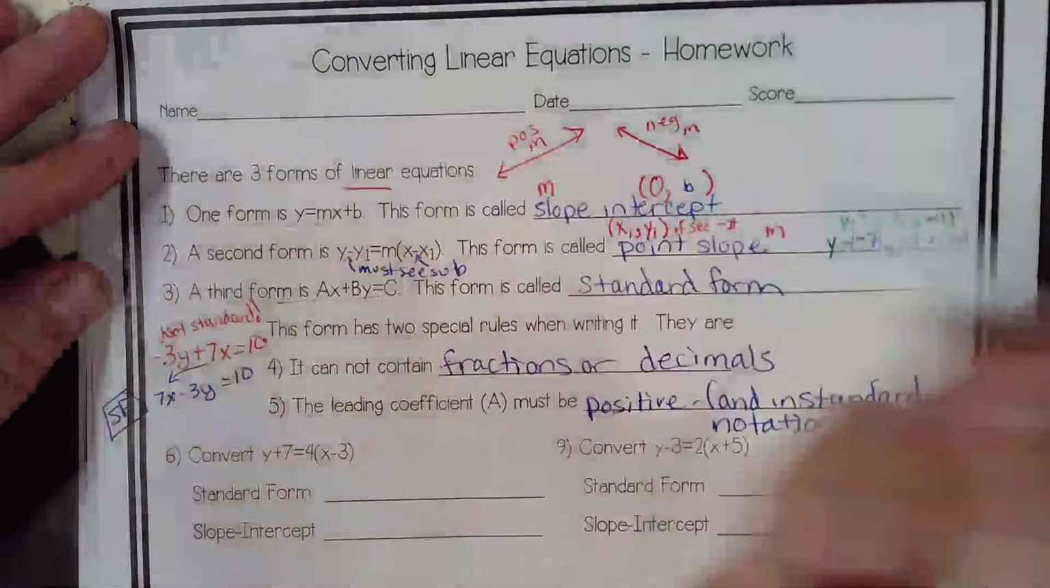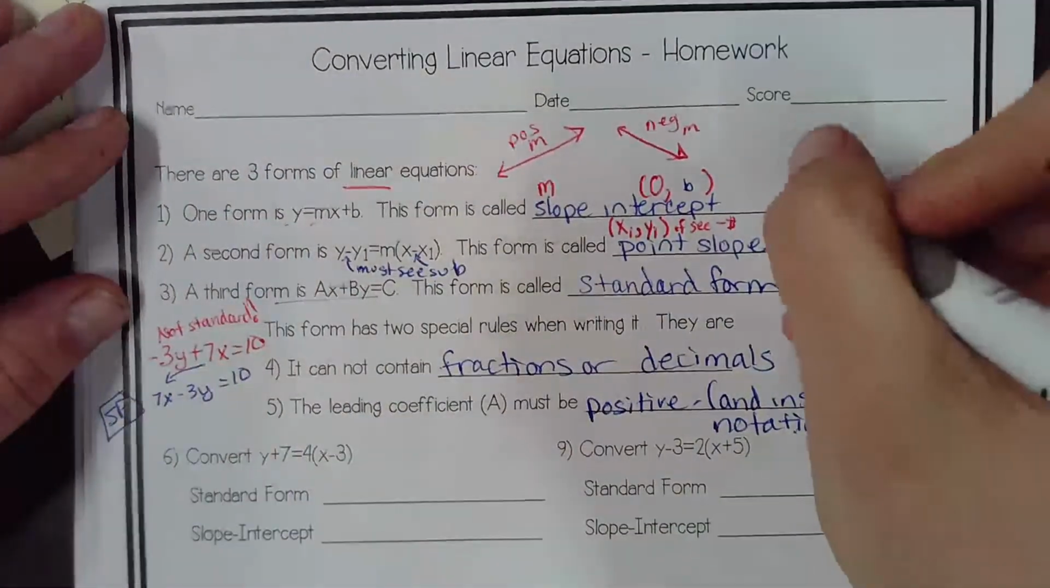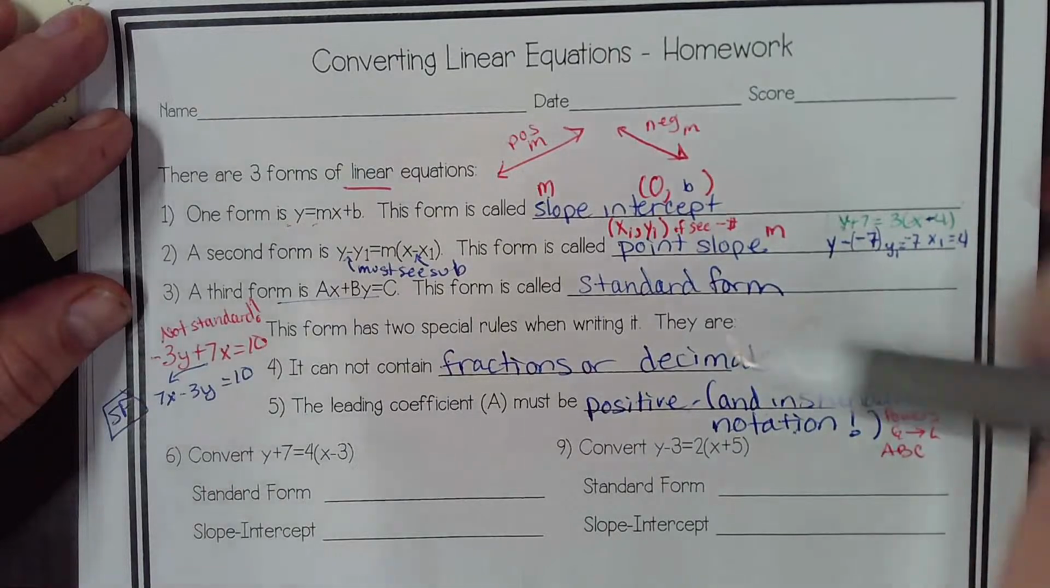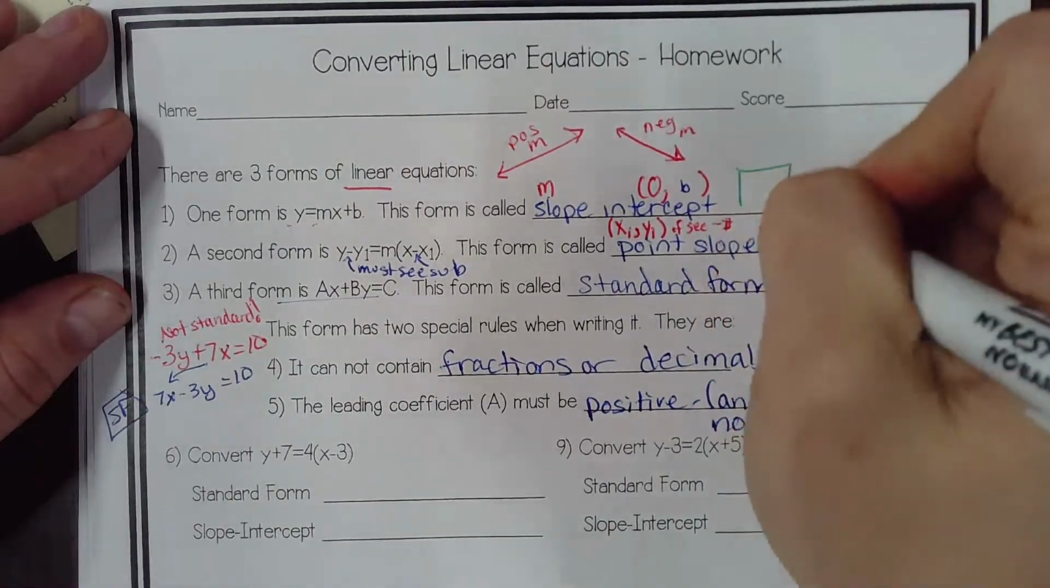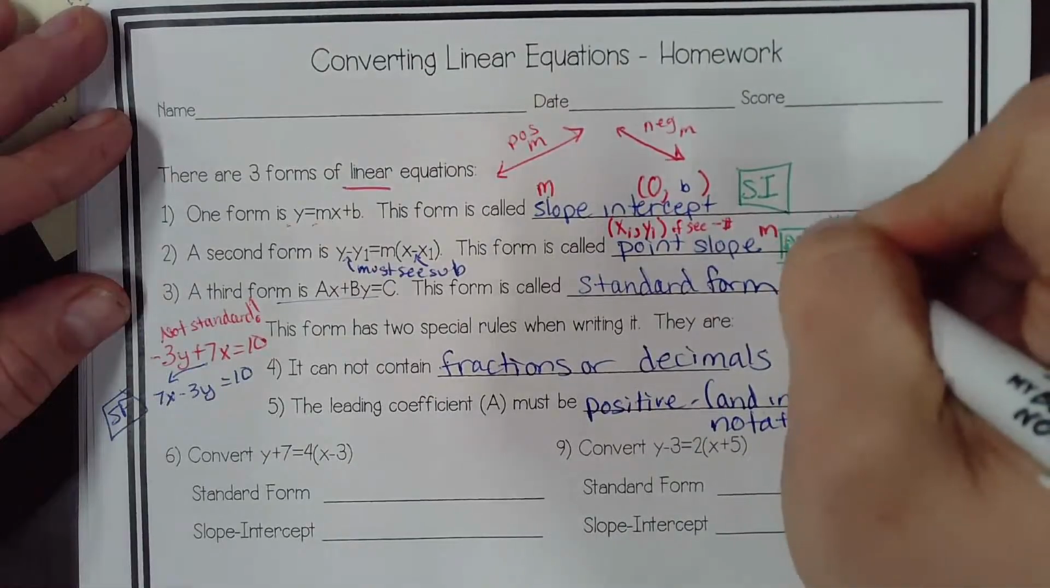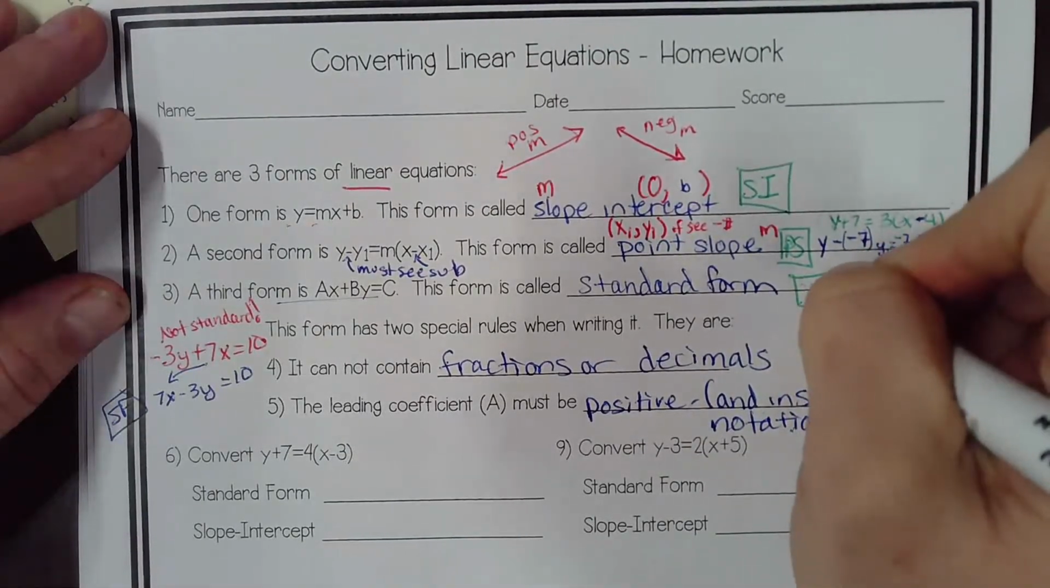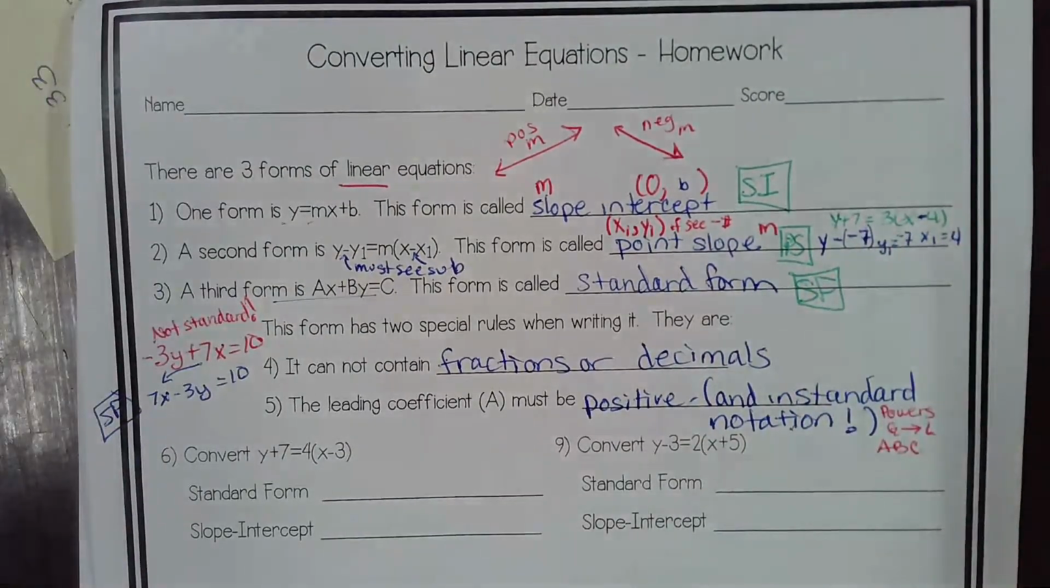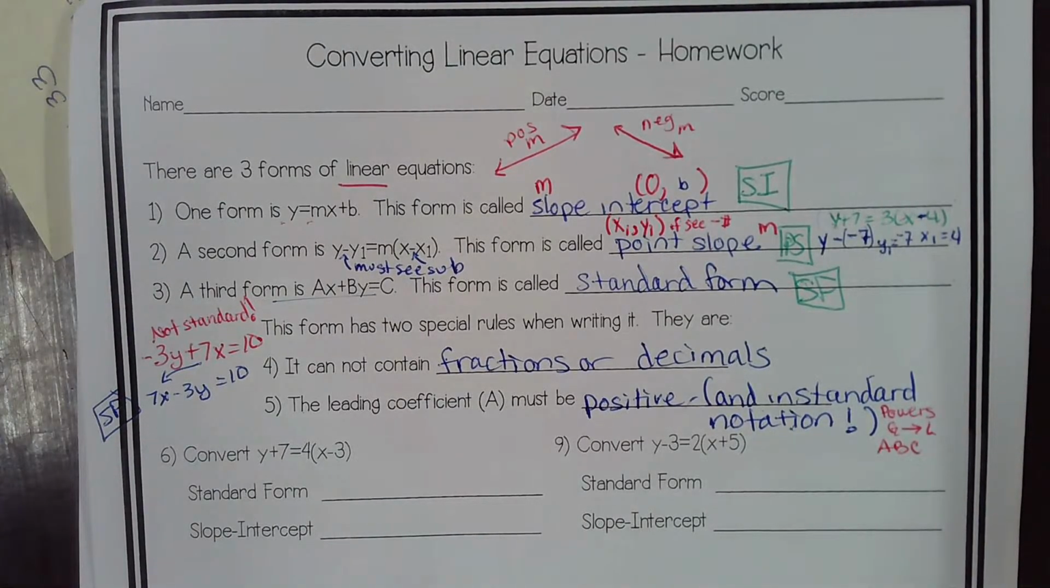I allow you in my class to abbreviate that slope-intercept is SI, point slope is PS, and standard form is SF. I'm going to do 2 of these with you. Then I want you to try doing the rest of them. And you're going to add a separate step 12. Your separate step 12 or problem 12